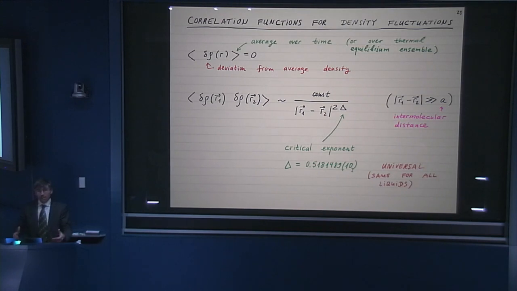We'd love to know more digits, but you take what you can. The amazing thing, the reason why I would like to know more digits of this exponent, is that it's a universal number. By universality, I mean that if you take two different liquids and put them at their corresponding critical points, of course, for each liquid the critical point will have a different temperature, different pressure, but this number delta is going to be the same for all liquids. We think that's pretty amazing. So this universality is an experimental fact, and I'll tell you how it's explained theoretically.